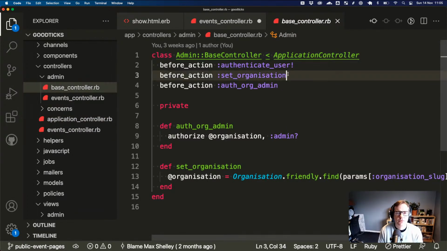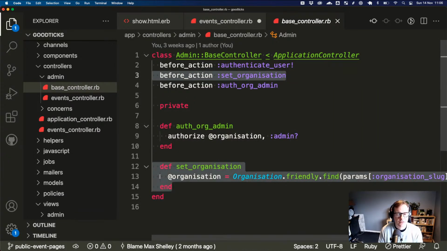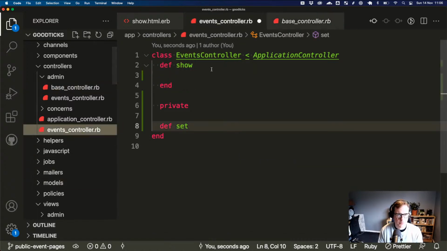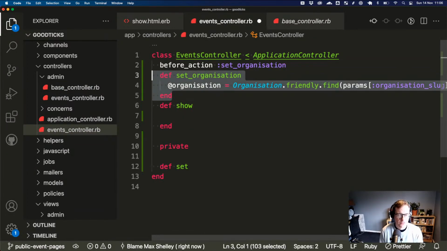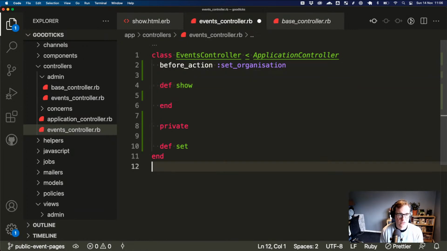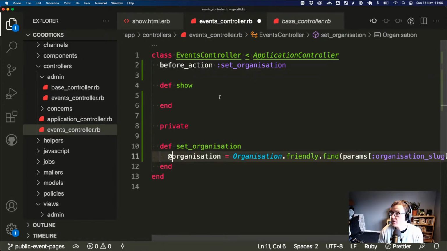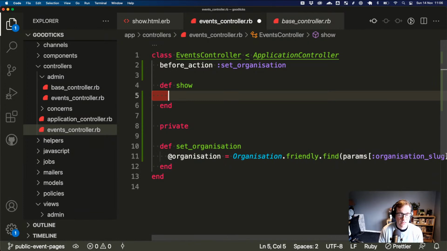Which means we probably want to extract this out. Just going to not do that for now, but we probably want to extract that out into a concern or something. There are a bunch of places where we're always going to want to know that we have the organization before trying to do anything.